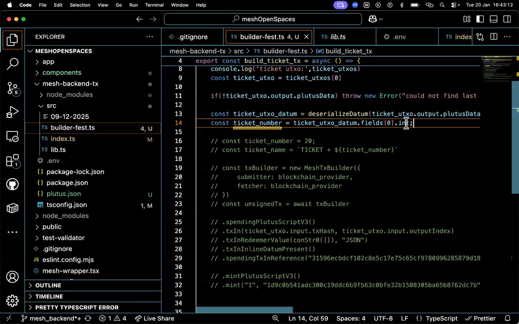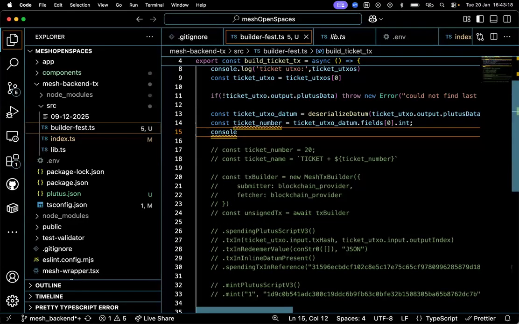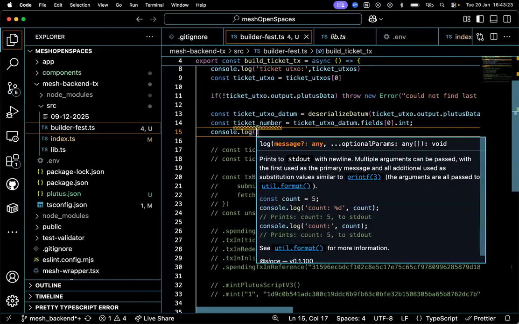You don't need the dot and all of that. You can just remove the integer, I think. Zero. I think that's a good idea. Console.log and we'll see what happens.